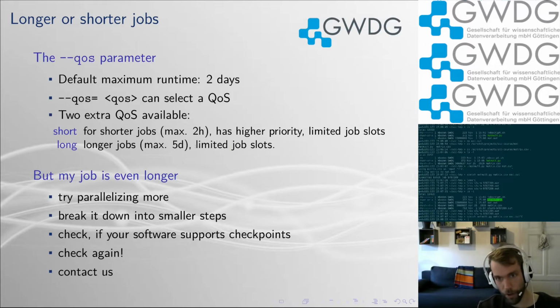The problem with longer jobs is it's not like we want to stop you and just do it for fun and torture you with short jobs. The problem is that nodes just happen to fail sometimes. First of all, nodes sometimes fail for various reasons. Then there might be file system issues that lead to job crashes, or we might have to reboot the whole cluster step by step. Usually you don't even notice that, but sometimes there's a bug in, for example, the kernel